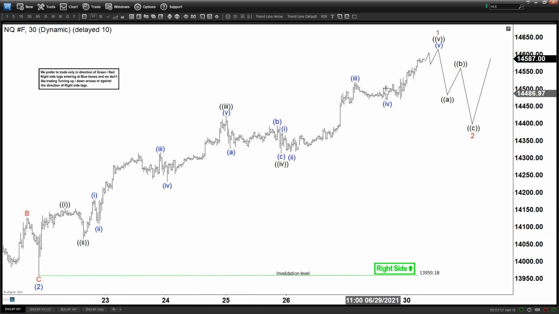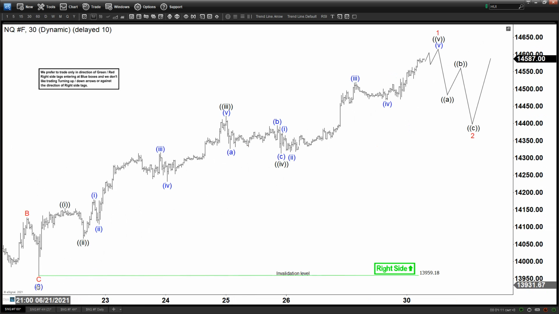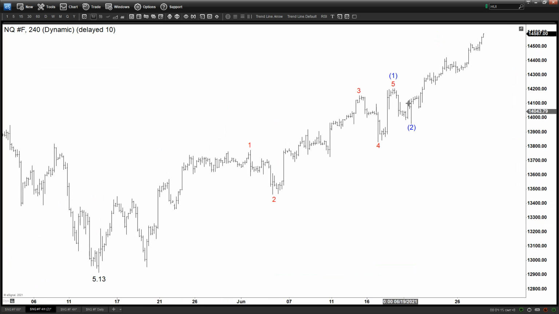Nasdaq, one of the strongest ones, continues to extend to new highs. Now let's zoom out a little bit to get a context of where we are now. Okay, so let's take a look at the 4-hour chart here. I'm putting down the wave 2 right here, this 2 in blue, and let's put down this one in black here as well. This is your 1 here, 2,